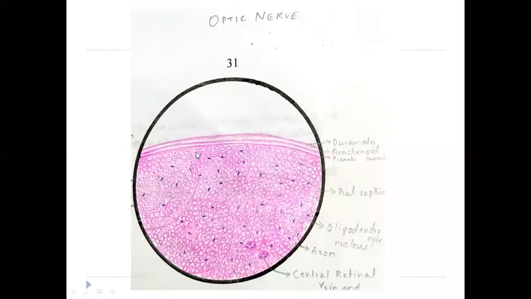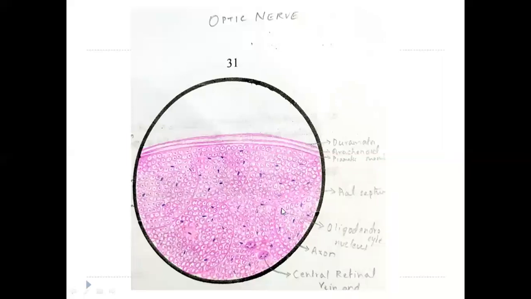When you're drawing the nerve fiber, it is similar to the peripheral nerve. You're going to draw a dot here, which is the axon, and surrounding it. And in between the nerve fibers, you can see the nuclei, which are the nuclei of oligodendrocytes. So that's one more difference between the optic nerve and peripheral nerve. In peripheral nerve, you saw the nuclei of Schwann cells were present, whereas in the optic nerve, you'll see